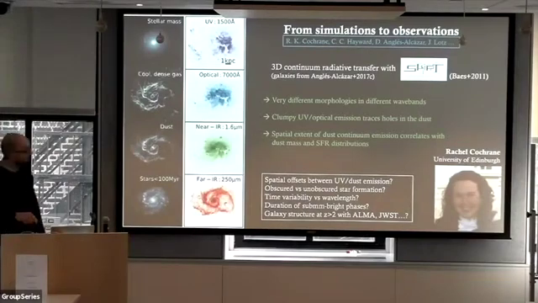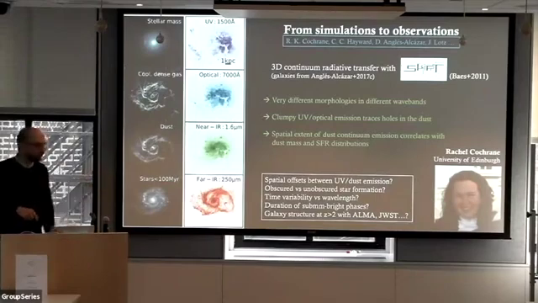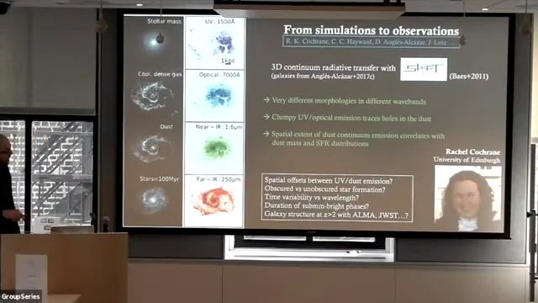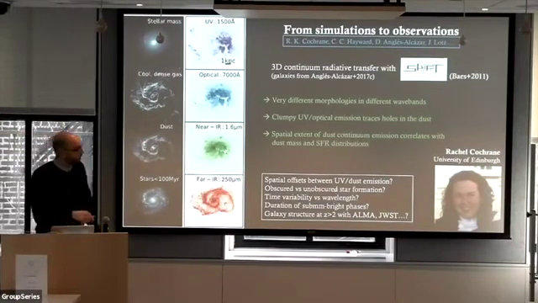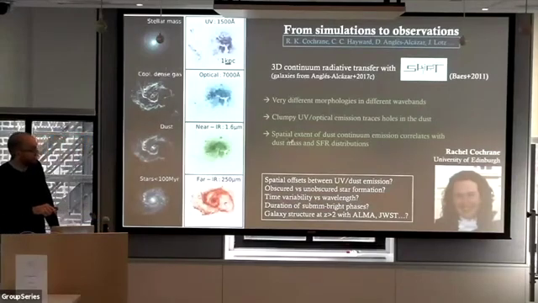And often, Rachel finds that the UV traces holes in the dust. So basically, regions where the dust column density is too high don't allow you to see the UV, the young stars, behind them, and the UV only shows up in some cases in regions where there is no dust. And so we are about to submit a paper on this, focusing on the spatial extent of the dust continuum